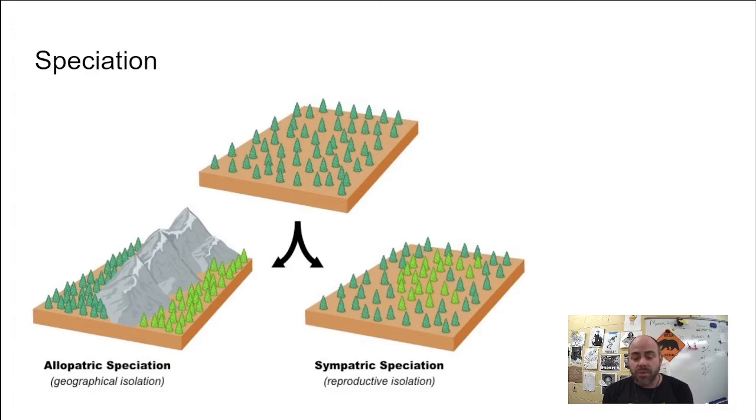Sympatric speciation is where that same thing happens, but there's some sort of other reproductive isolation that occurs, and it causes them to stop reproducing with one another, right? We're going to talk about some different reproductive isolations that can occur. Geographic allopatric is really simple. Sympatric means same place, right? So speciations happening when they're in the same place. Allopatric, different place, where they're geographically isolated.